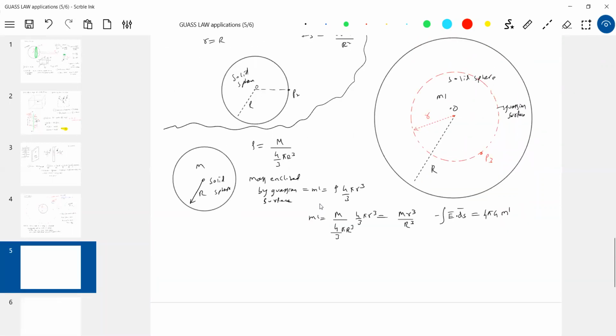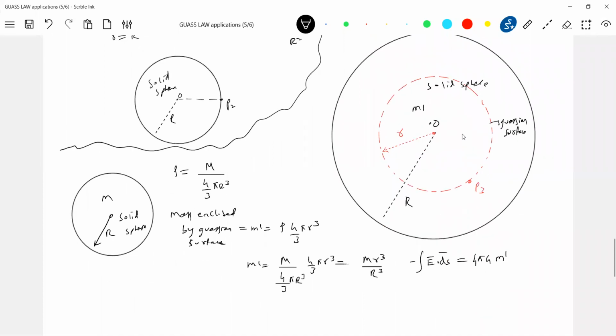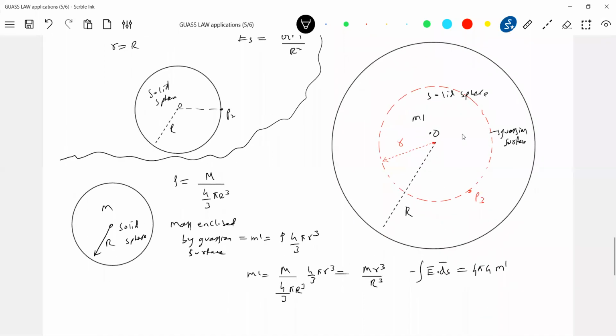Okay, first let me derive the expression. Let me show the answer. For the time being, when I say that the net field at point P3 is only due to the mass present in a sphere of radius small r, only in that dotted region, how much mass is present, that only will contribute. The mass present outside the Gaussian surface gives a net field at point P3 of 0. That is due to symmetry.